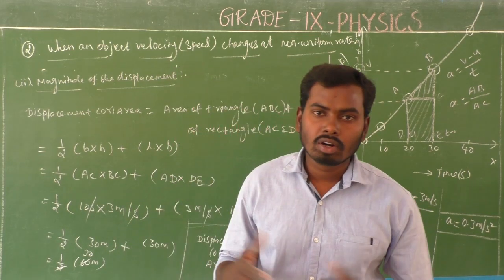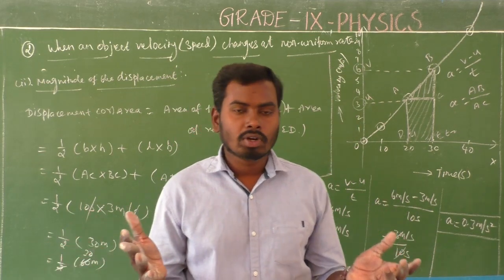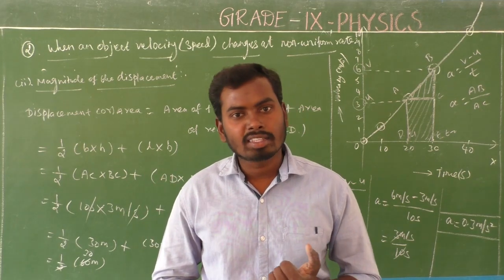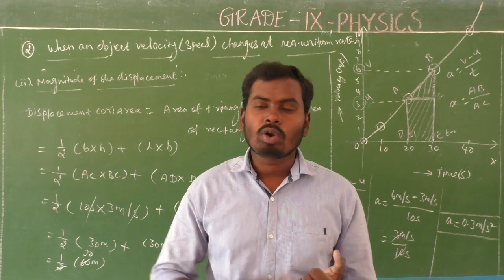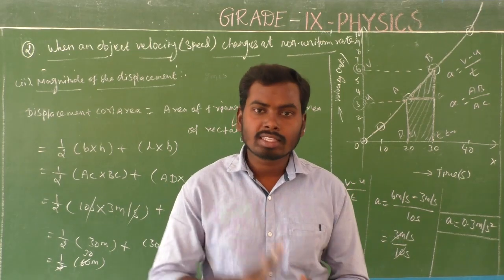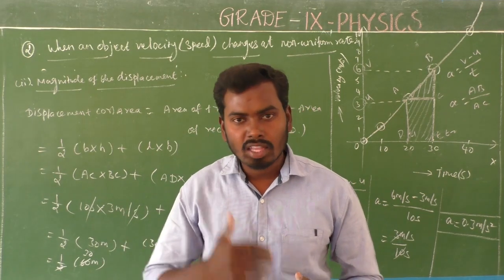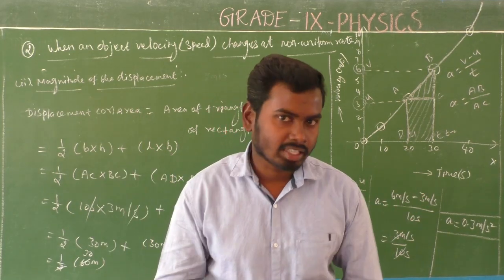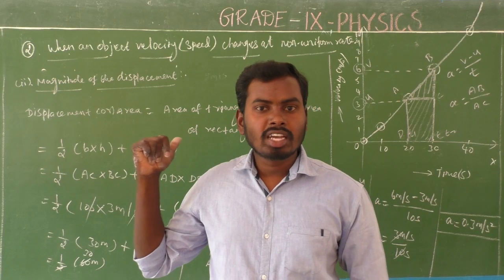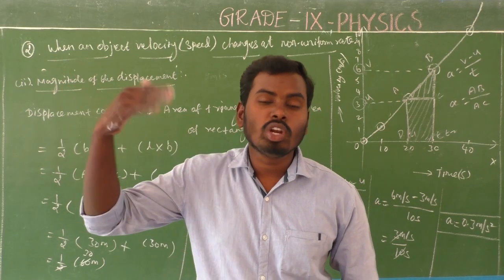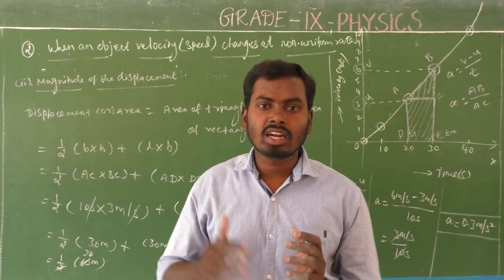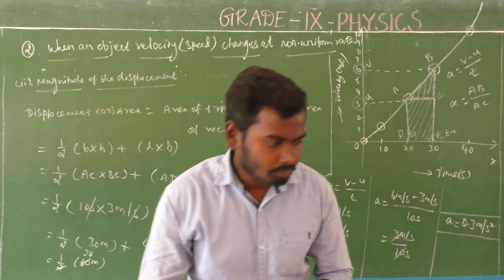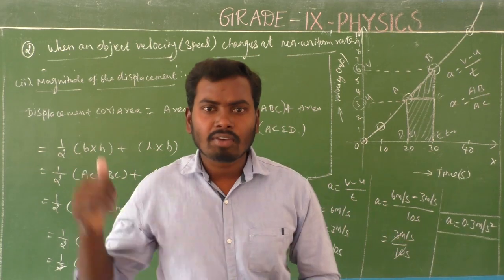So in this session we have learned so many things. Am I right? Yes. In this session we have seen the velocity time graph. The velocity time graph is used to find out the acceleration of the object as well as the displacement covered by the object, or otherwise we can say the area covered by the object during a particular interval of time. First, when an object's velocity changes at a uniform rate, or otherwise we can say speed changes at a uniform rate, that graph was a straight line.